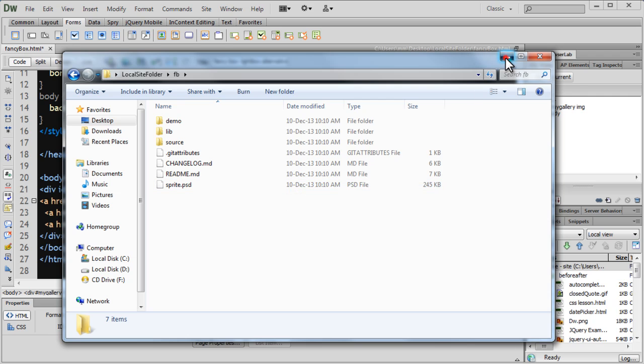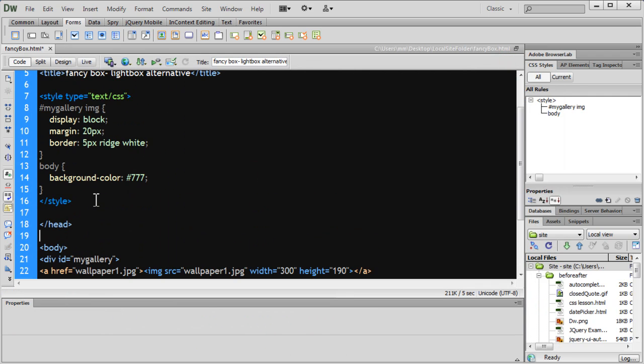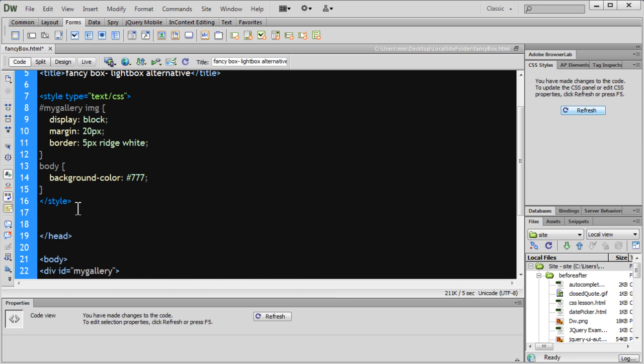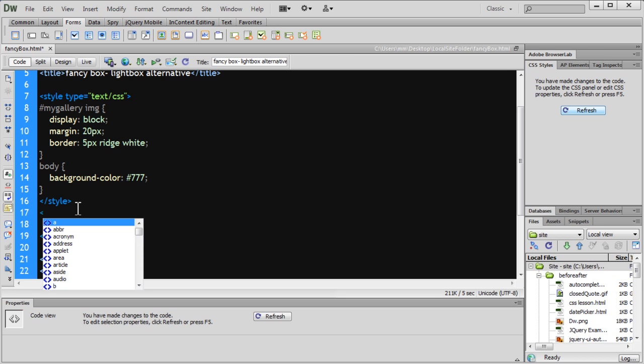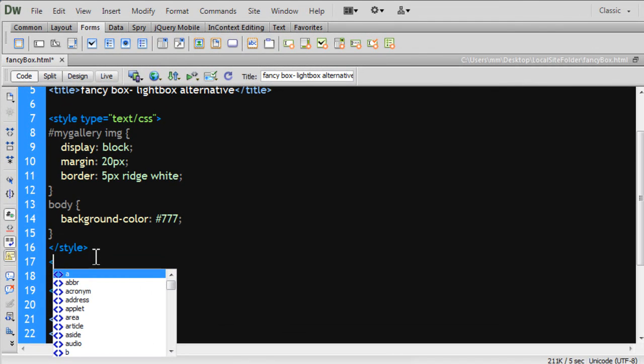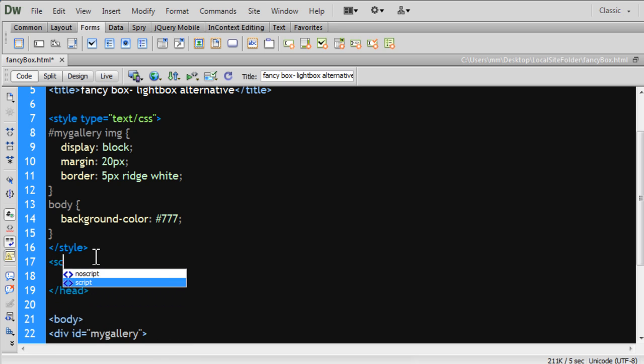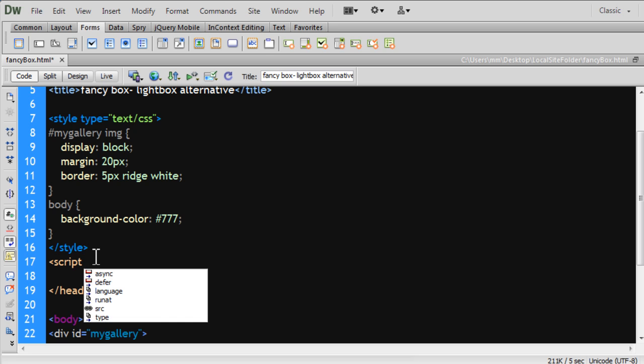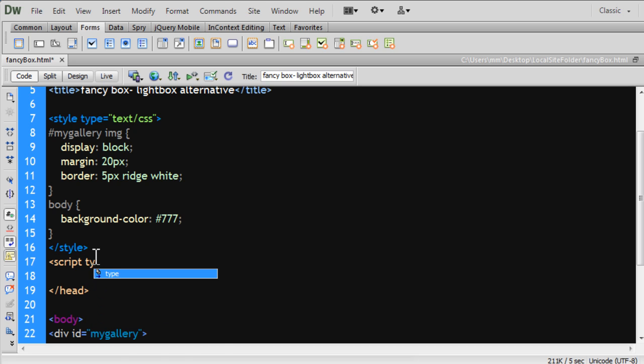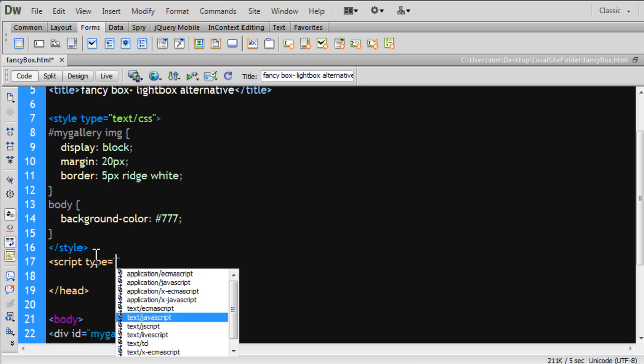Let's do that then. Just after the closing style tag, people, which has an opening style tag here with the type attribute set to text/css, I'm going to start linking it up with the required JavaScript files. The first thing I'm going to do is link it up with the main jQuery file, the backbone that makes everything fire. This is the first thing that you need to do: link up with the latest jQuery library. So script, then we have the type attribute, which is going to be equal to text/javascript,